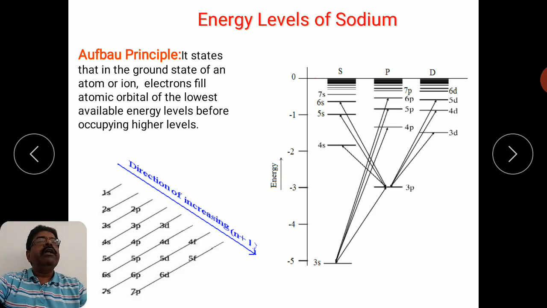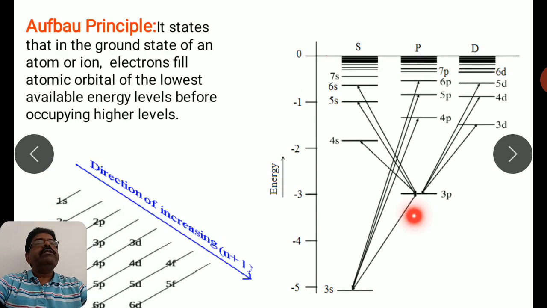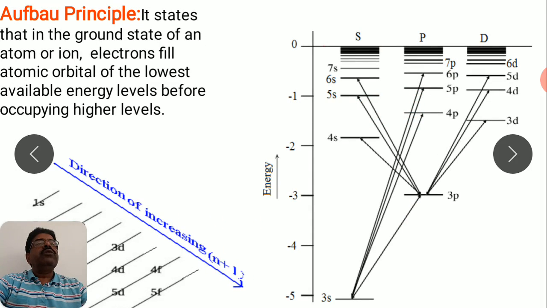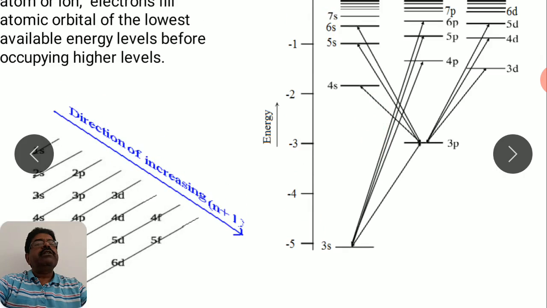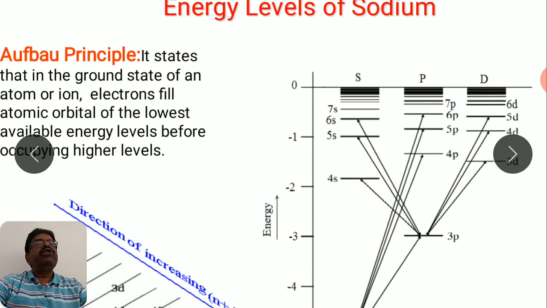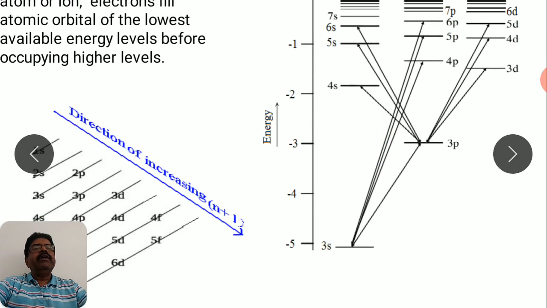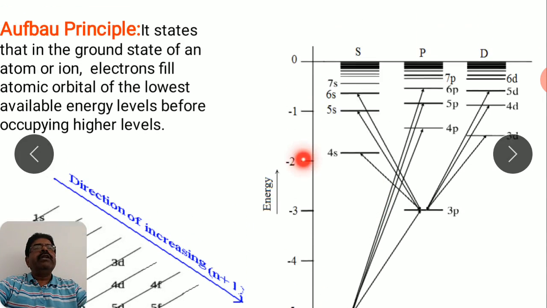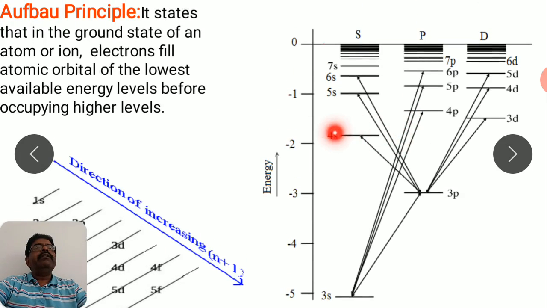Now let us discuss the energy levels of sodium. You can see this particular diagram here. At the top we have 0, see the energy scale. Because the term value is negative, while studying the spin orbit interaction we have seen that the term value is represented by minus gamma. Therefore 0 is written at the top, and the higher values are represented in the downward direction. So the negative sign is there, and that represents the energy here.